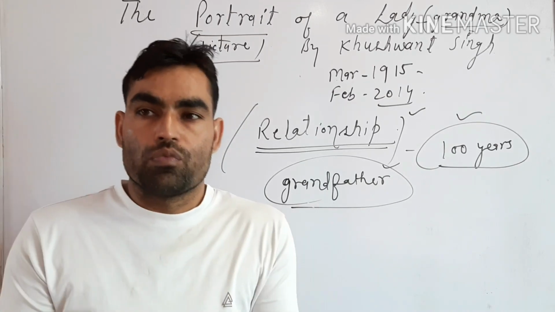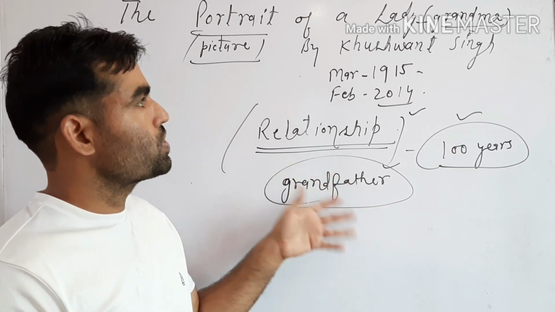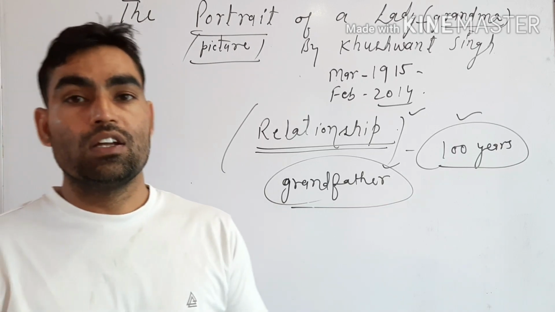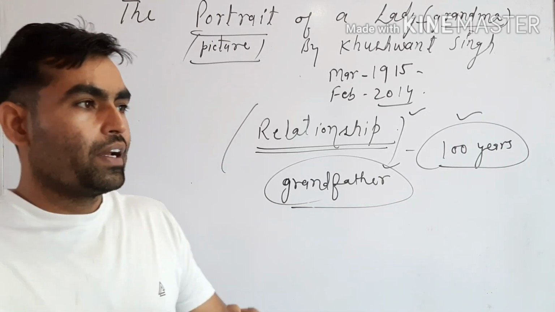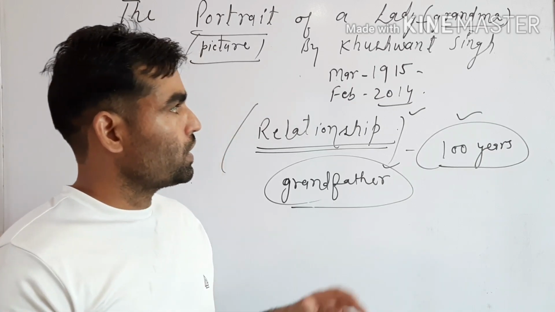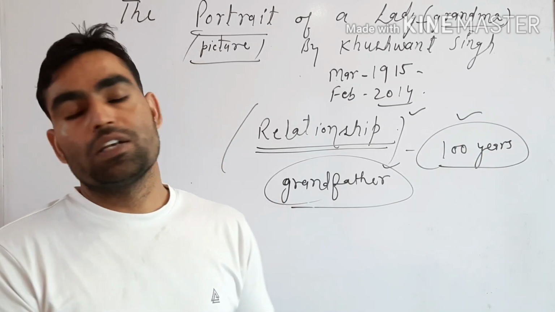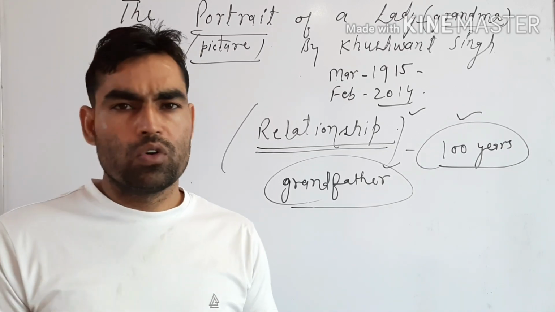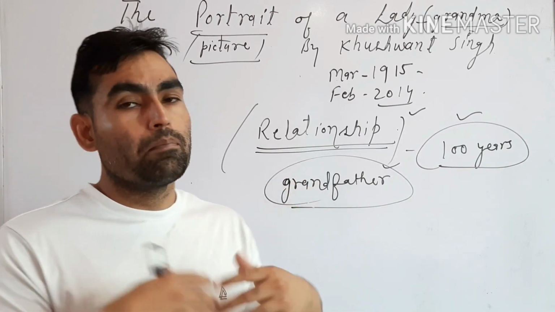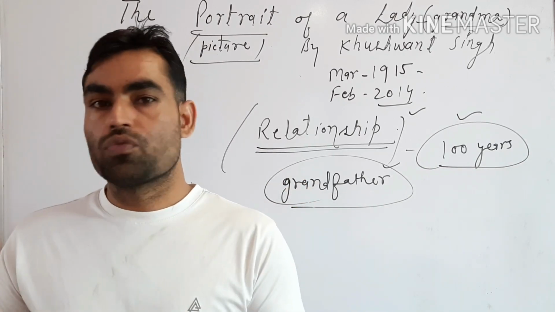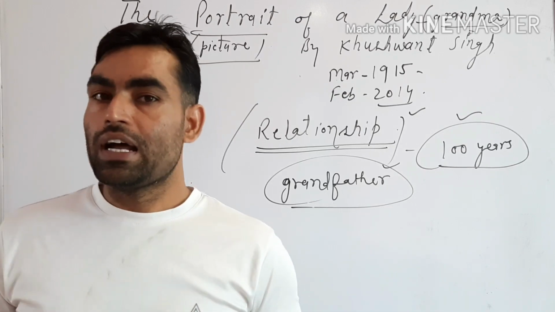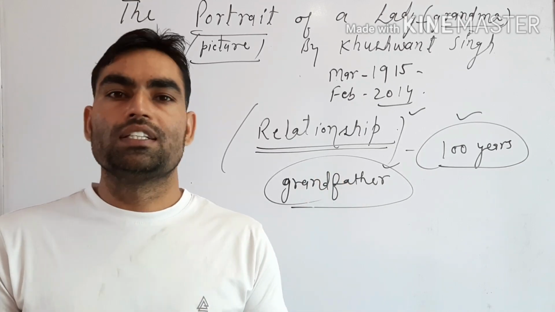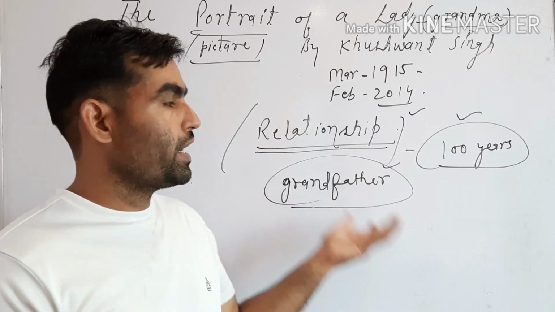And when they are well settled in the city, Khushwant Singh and his grandma will be called there. But by that time they are living in the village, and in the village they have a daily routine. The author and his grandma both go to the temple school. I'm saying that it was the temple school because grandma goes there for worship and the author goes there to learn alphabets. The priest of the temple teaches them how to read and write, and for that purpose grandma